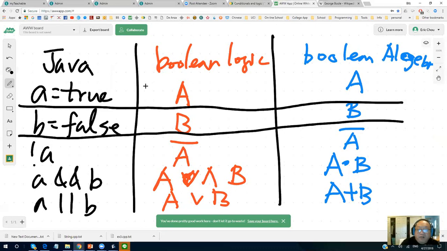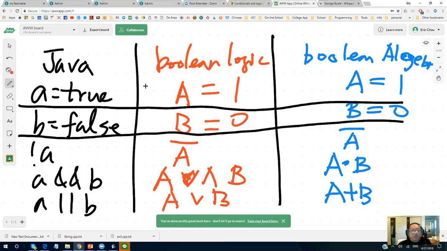I didn't write the line for the rest of it, but try to write this down. So Java expression, Boolean. Okay, I missed something here. In Boolean algebra, if it is true, A equals 1, and this one equals 0. Same thing for the logic: here equals 1, here equals 0.